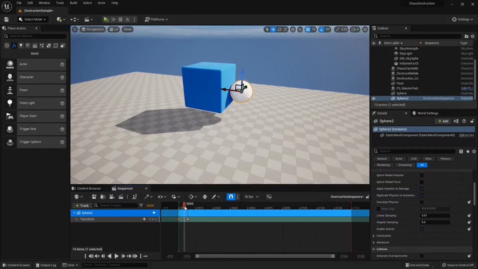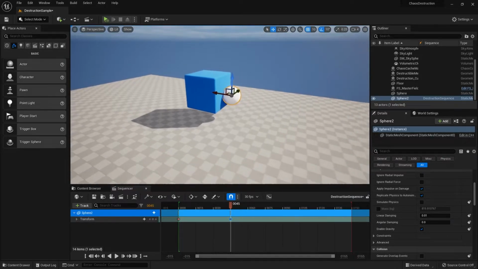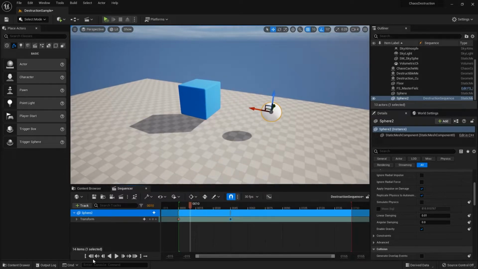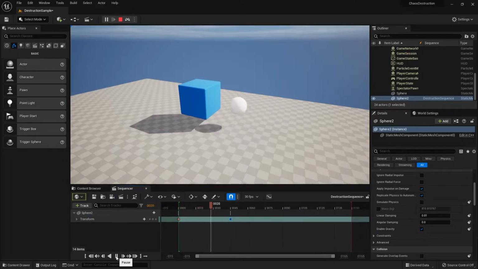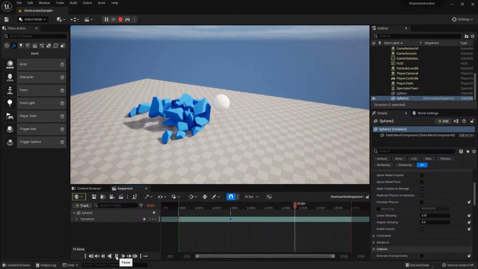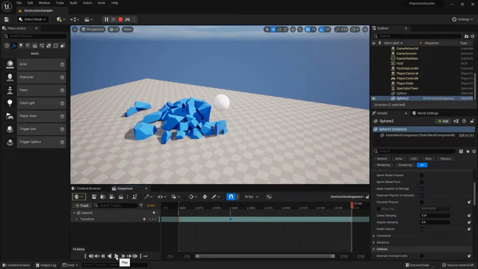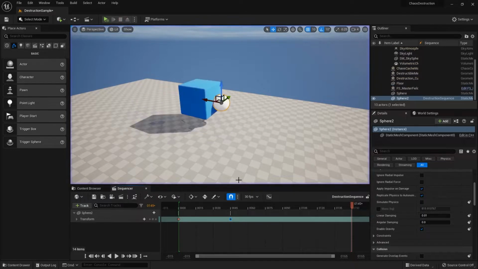So I'm going to change the keyframes here a bit. From the beginning, I'm going to stretch out the keyframe a bit more, and then have it maybe briefly just touch the sphere over here. So we can use this way to test out what kind of fracture you want. If I play this again and play through the animation, you can see that the force applied to the cube is a lot less than before. So that's one way of simulating and adjusting how you want the fracture to look. And you can do a more in-depth animation too.